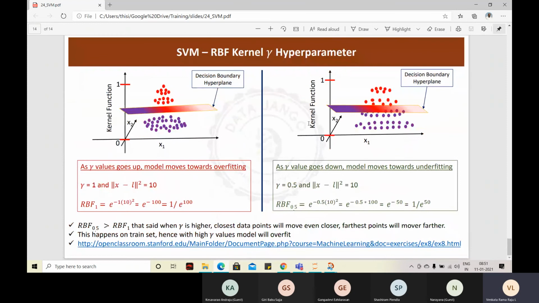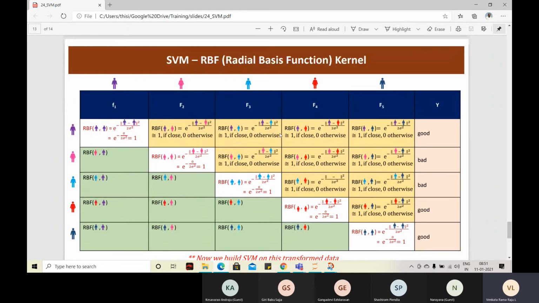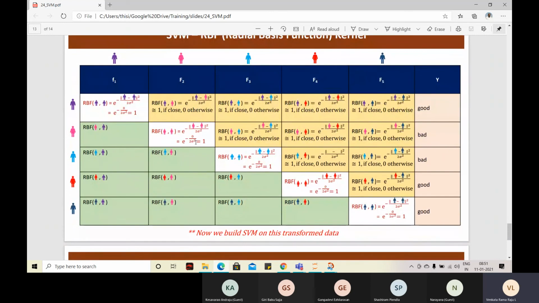The kernel trick is going to be useful only when the number of columns is more than the number of rows. When the number of columns is more than the number of rows, the data set size will reduce. 5 by 1 million became 5 by 5. 1000 by 1 million becomes 1000 by 1000. 10,000 by 1 million becomes 10,000 by 10,000. More than 50,000 or 1 lakh records, if you try to use kernel SVM, it's going to